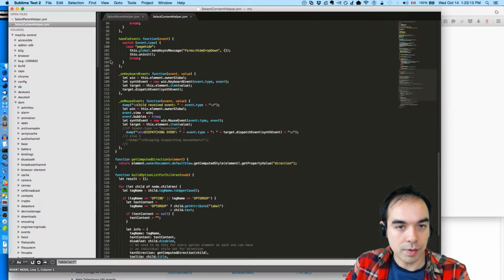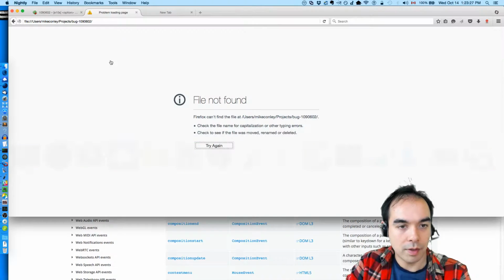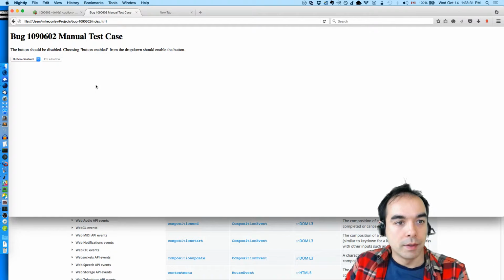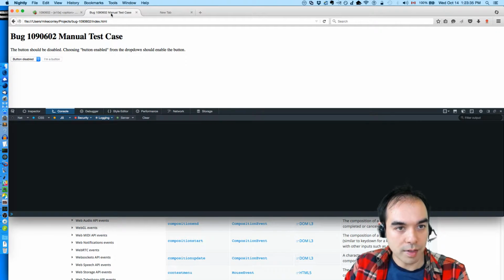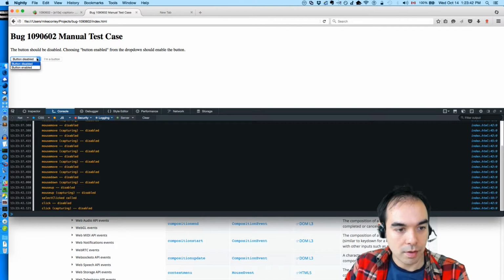So what I will do is close that. Wait, where am I? Yeah, move bug 1090602 up one level, and then this should work. Heyo. Okay, so we're in the single process case, so we should be seeing a bunch of stuff. Maybe too much stuff.